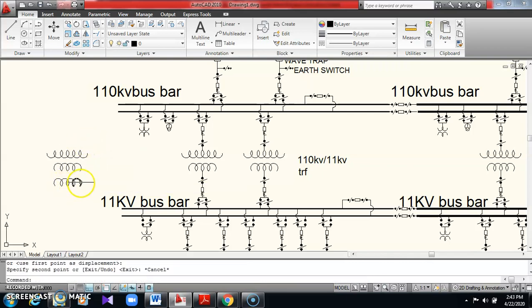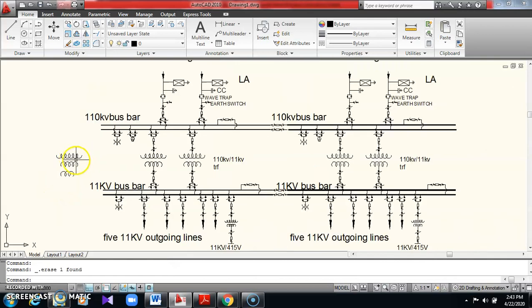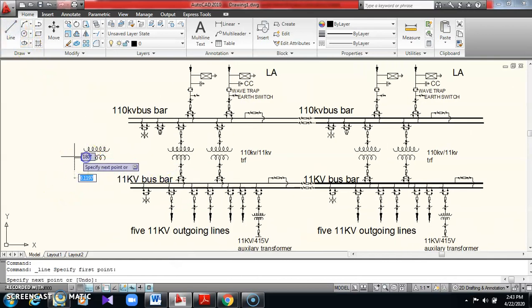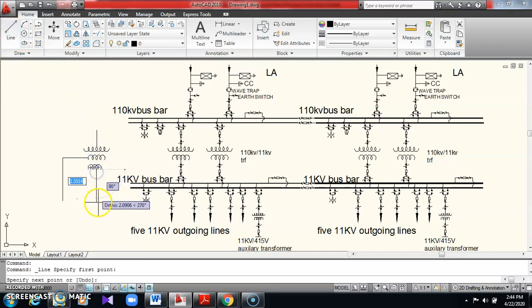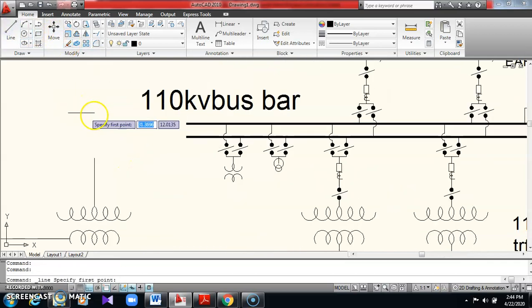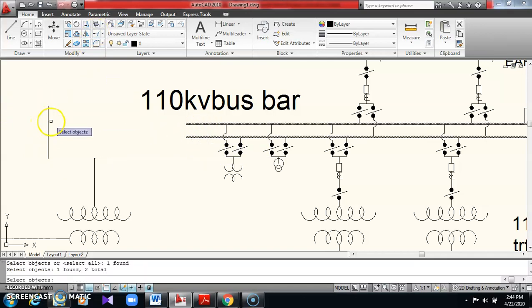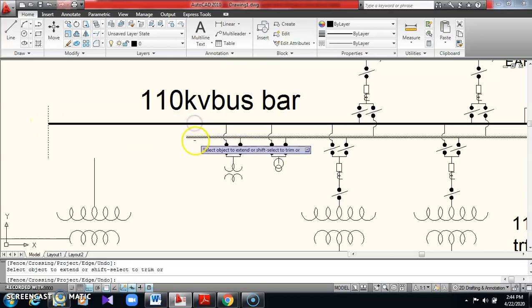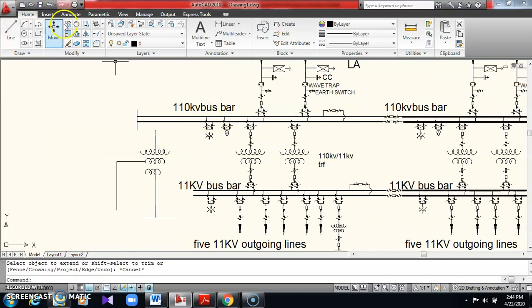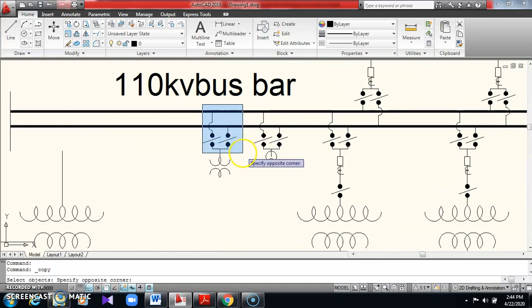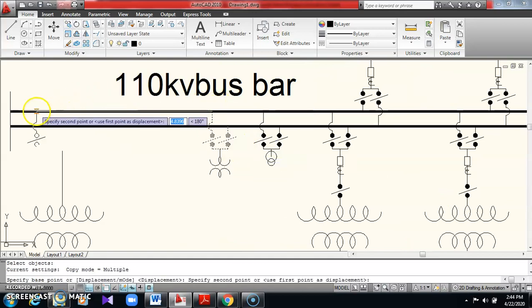Okay, so now this winding you can reduce if you want. 3 steps were there. So one with one side, this is with above, and this is with below. So this will be okay. Now I'll draw a line, I'll extend this, and I'll join this. Select this, right click, extend. In one problem just I'm explaining. Because this is double bus bar, just copy this section, paste over here.